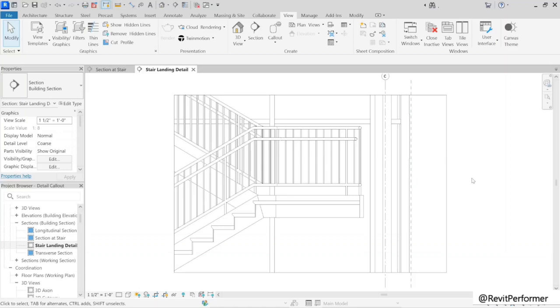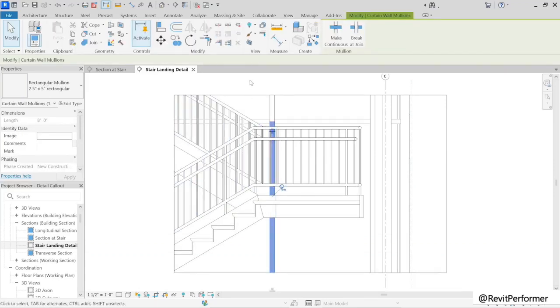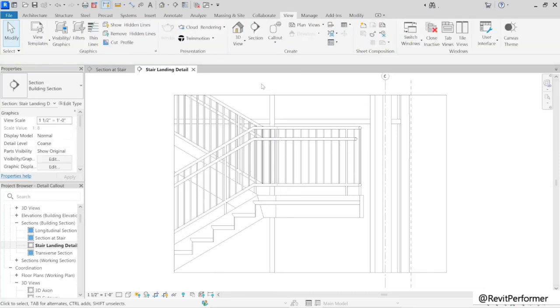First instinct might be to select the elements and go to visibility graphics and hide that category, or use the light bulb here and choose hide category. And if you're going to hide things, then definitely hiding them by category would be preferable over hiding by element. But remember what we talked about back in the chapter on visibility. Don't start with how, in other words, hiding things or changing the way they look graphically. Start with what. What should be displayed in the view, and establish that first.